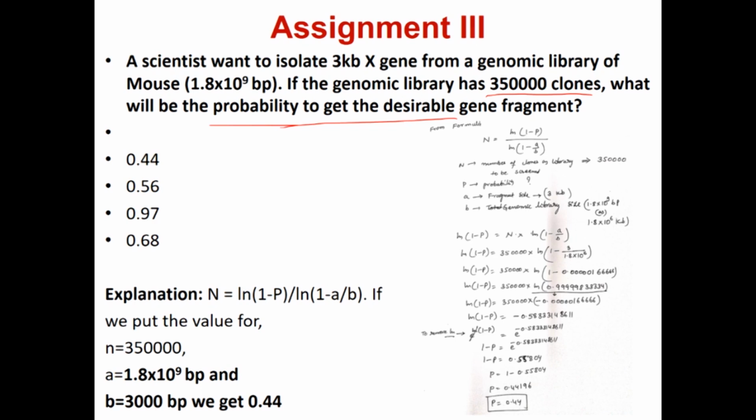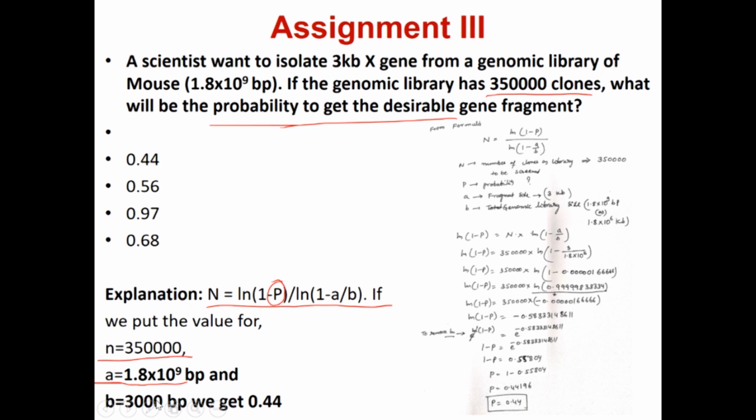So, this is the formula you have to use: N equal to ln(1 minus P) divided by ln(1 minus a by b), where P is the probability. If you put in these values, where a is the size of the genome and b is the size of the fragment, and you solve this using the steps,